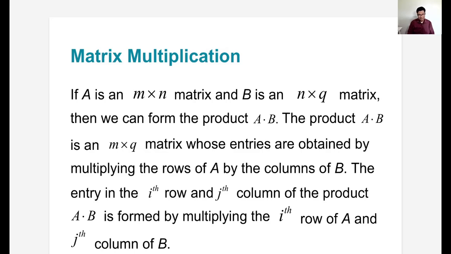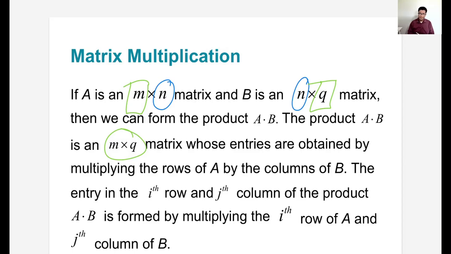Now the matrix multiplication. Okay. If you have an m cross n matrix and another n cross q matrix, you can then multiply. And as I was saying earlier, the two n's will vanish. You will get a product which will be m cross q. Okay. M by q